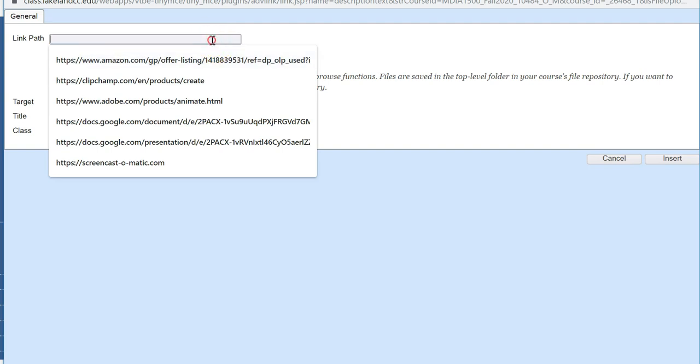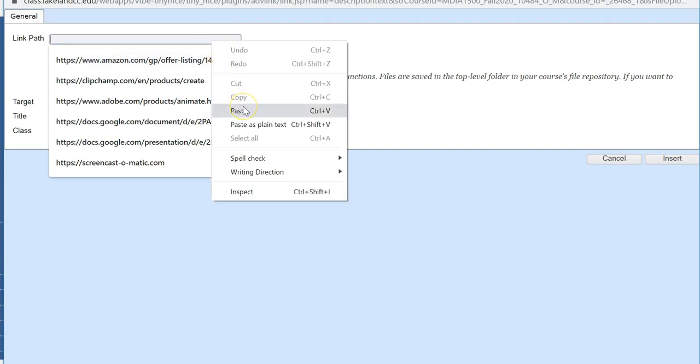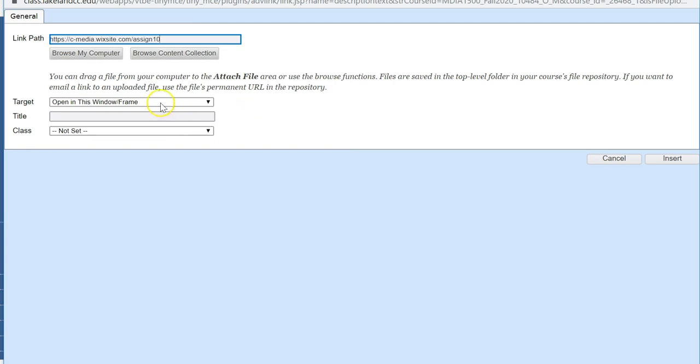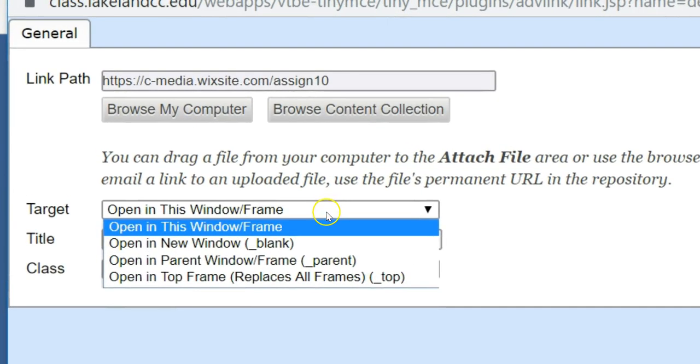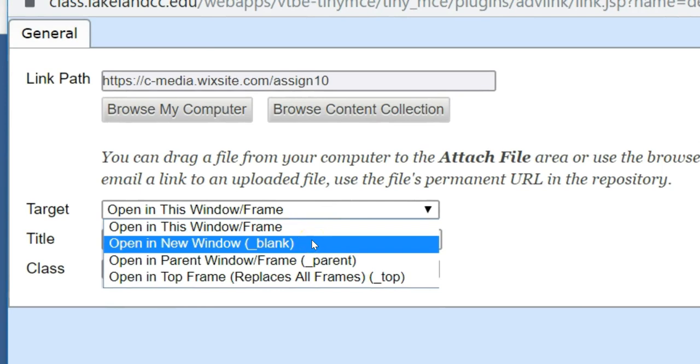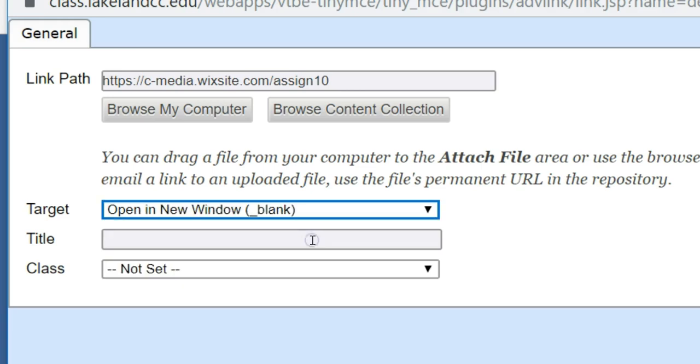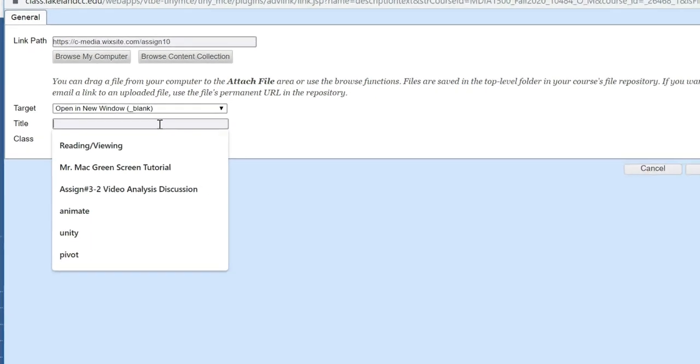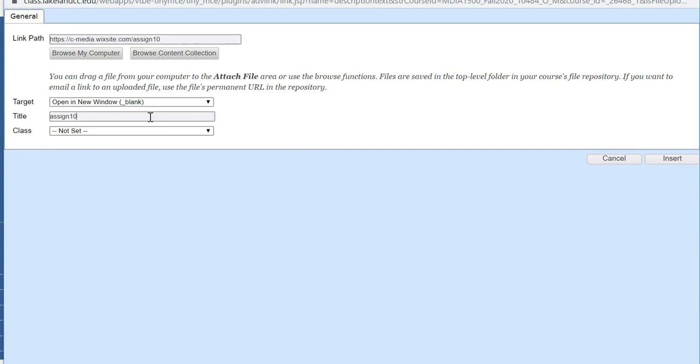Right click, left click, paste. Now, if I change open in this window, I don't want it to do that. I want to open in a new window, blank. Always use that one, okay? Open in new window, blank. I'm not going to get into the coding of why I should do that, but that's about it. I'm just going to call this sign 10. And now,